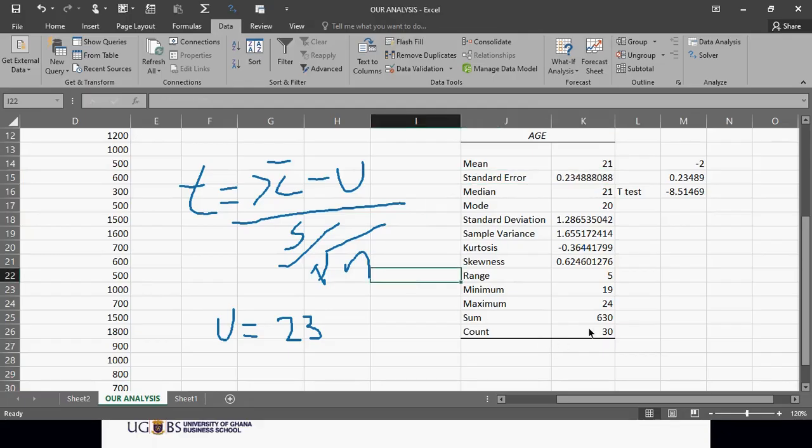Remember, the standard error is this standard deviation divided by the square root of n. That's what we are seeing here, square root of n. Same thing,